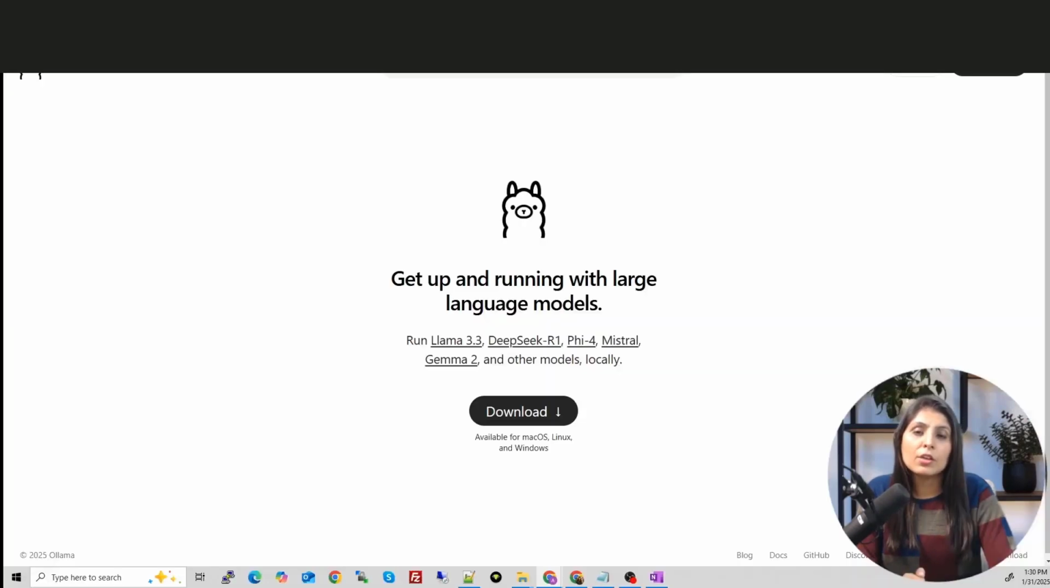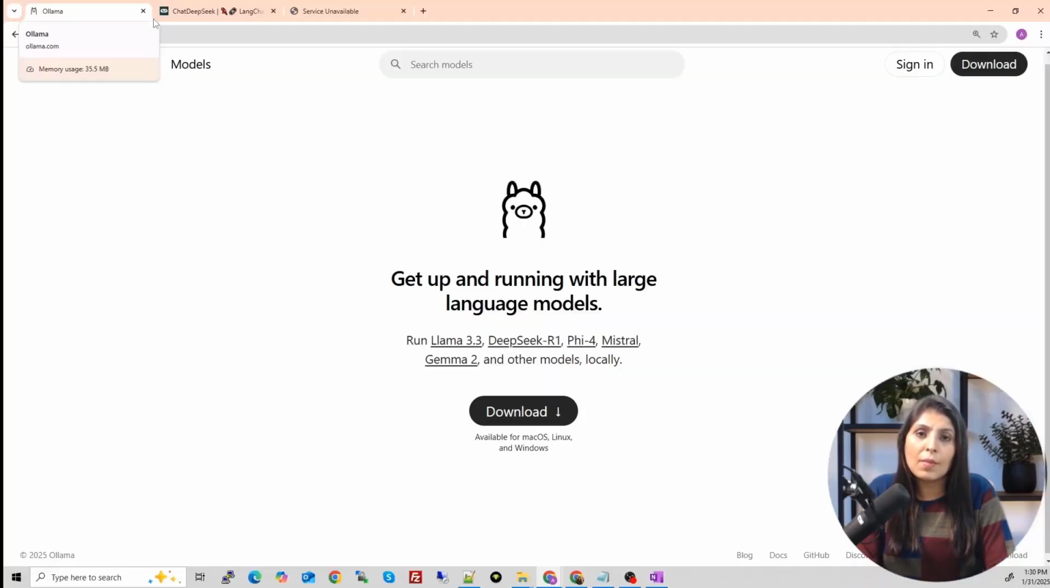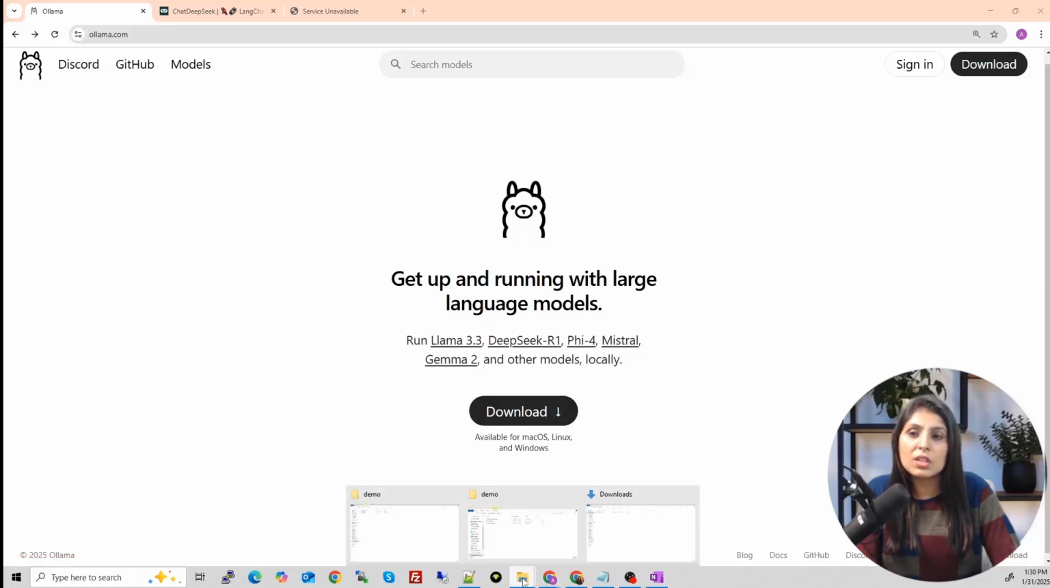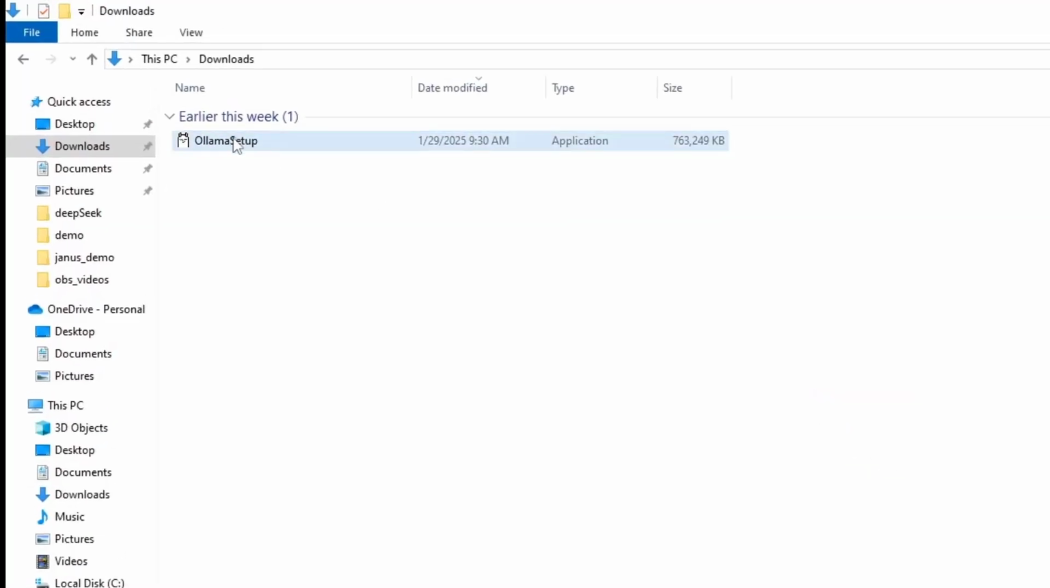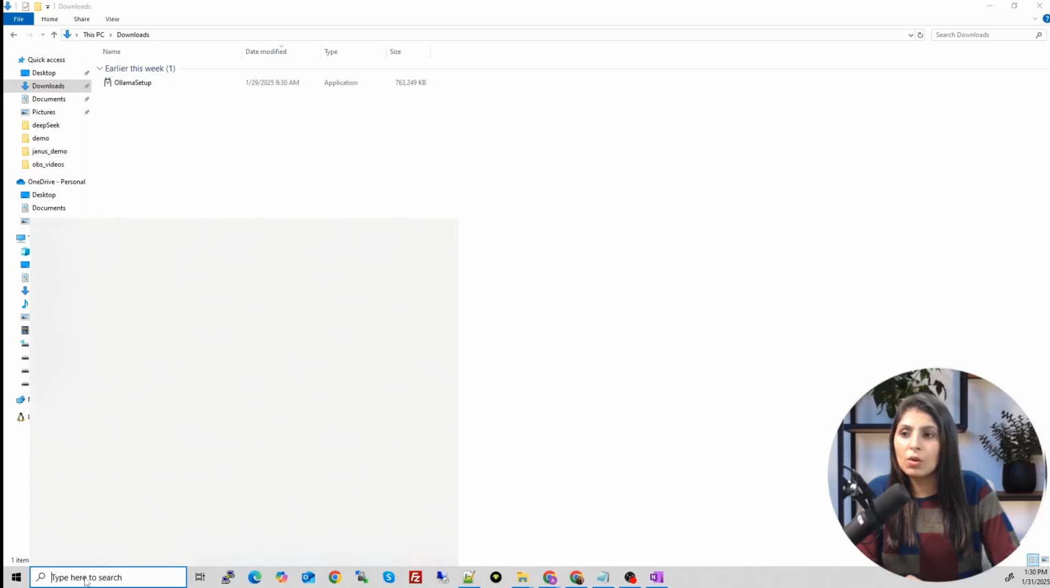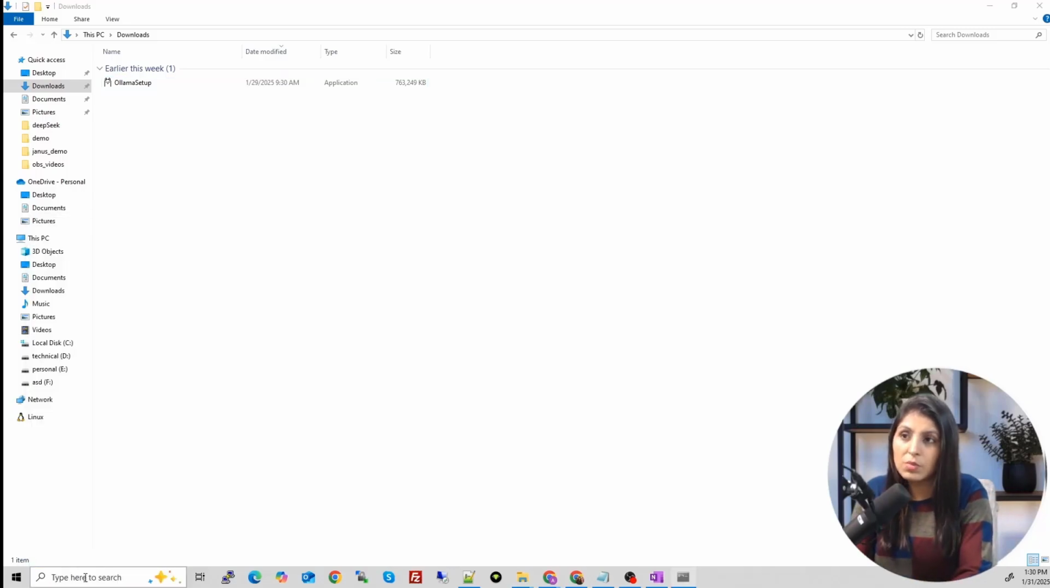So let's start. So guys, if you have Ollama already in your PC, then don't download it again. But if you don't have Ollama installed in your PC, then click on this download. When you click on this download, after that you'll see the setup in your downloads folder like this. Double click on it and follow the on-screen instructions, and then you will have Ollama installed. Once you install Ollama, just open command prompt